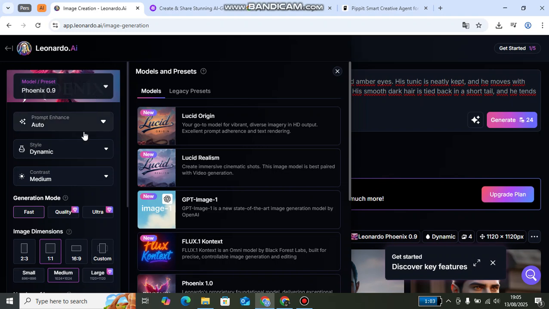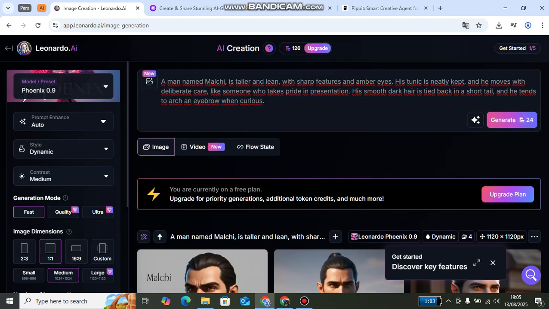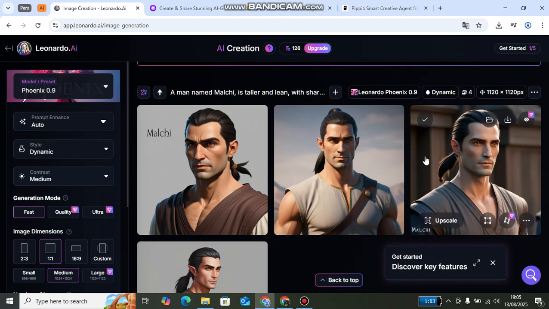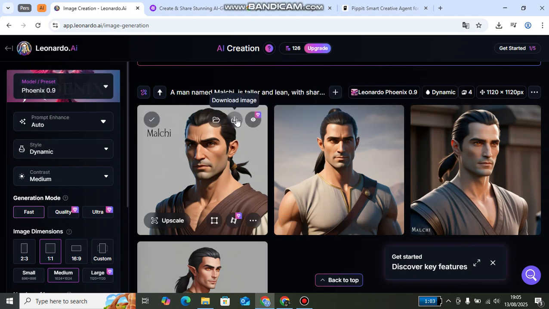You can just click auto dynamic medium, and choose fast as the free option, and you can choose this ratio, and after that you can generate it and the result will be shown in seconds like this. And you can start to download this image or choose whichever image you want. And the second